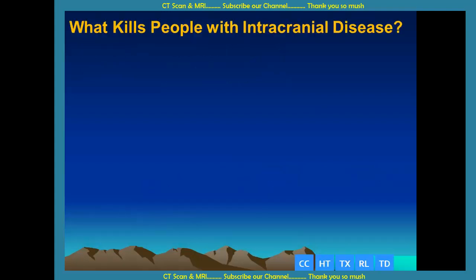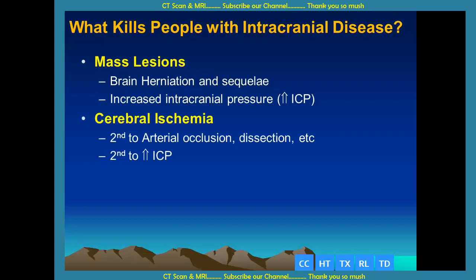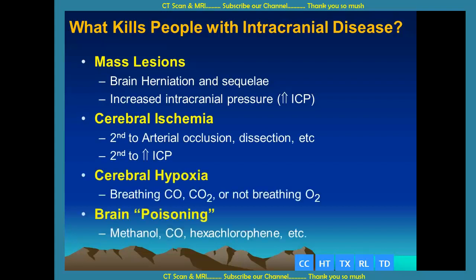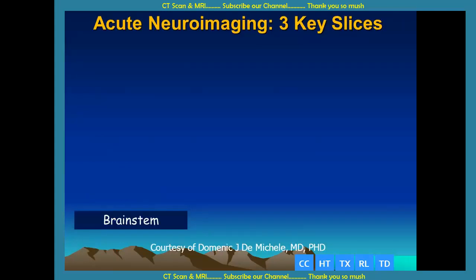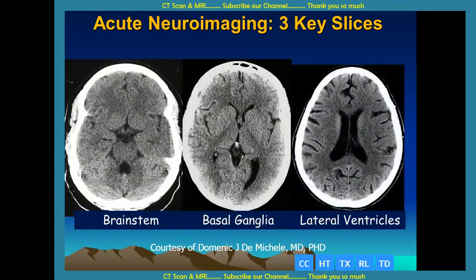What kills people with intracranial disease? Mass lesions, cerebral ischemia, cerebral hypoxia, and brain poisoning. The most important things to look for are signs of cerebral ischemia and mass lesions that cause herniation, shift, and increased intracranial pressure. The three key slices that we should observe are the brainstem, the basal ganglia, and the level